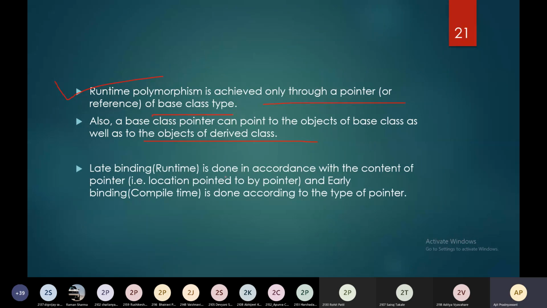Late binding is done in accordance with the content of the pointer, and early binding is done according to the type of